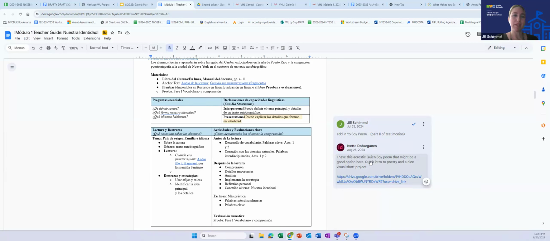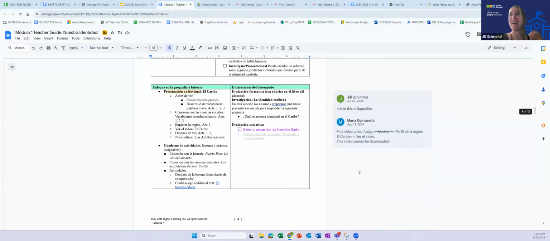So I am not able to link them in and add them to the drive because that's Nygaard's property. But Yvette, as a teacher, linked it in there if you want to use it. It's not something that I own, but it is a resource that one of your colleagues shared. So thanks, Yvette. That's why I left them as comments.